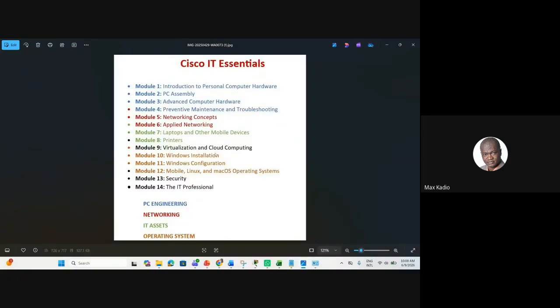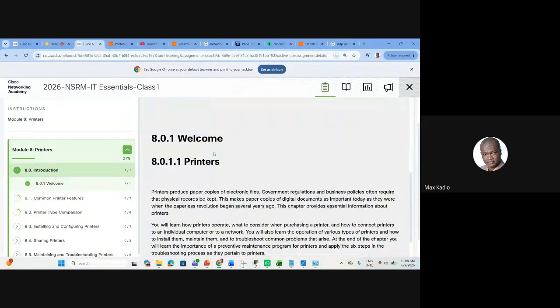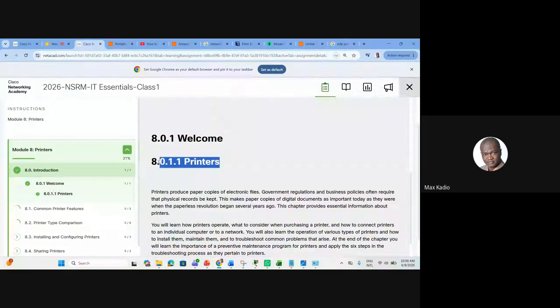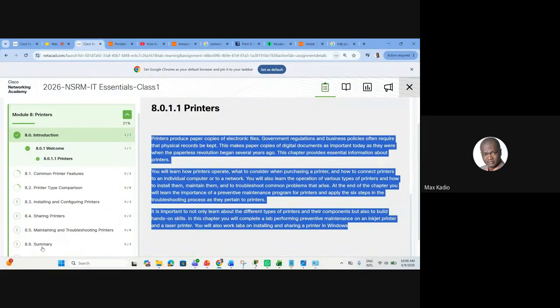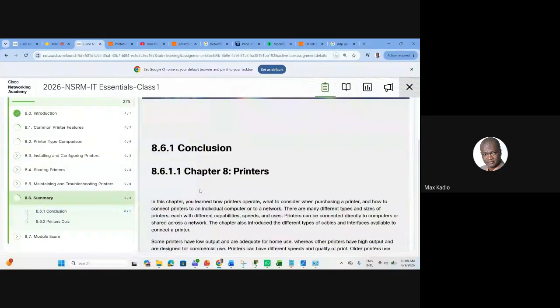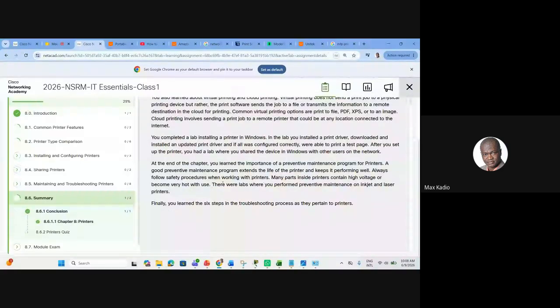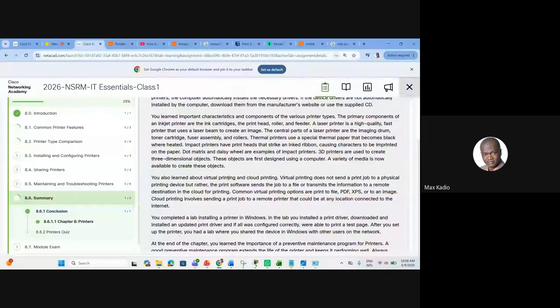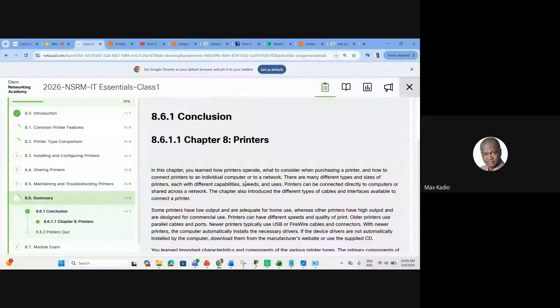So we have different types of printers. I'll send you some questions, and we'll be using them. So as usual, when you start a chapter, please read the introduction properly. It's very, very important. And also at the end of a chapter, you have a summary. Also very important, not to be missed. Even if you don't want to read the whole chapter, focus at least on the introduction and the summary. And you can also do some quizzes that will help you.